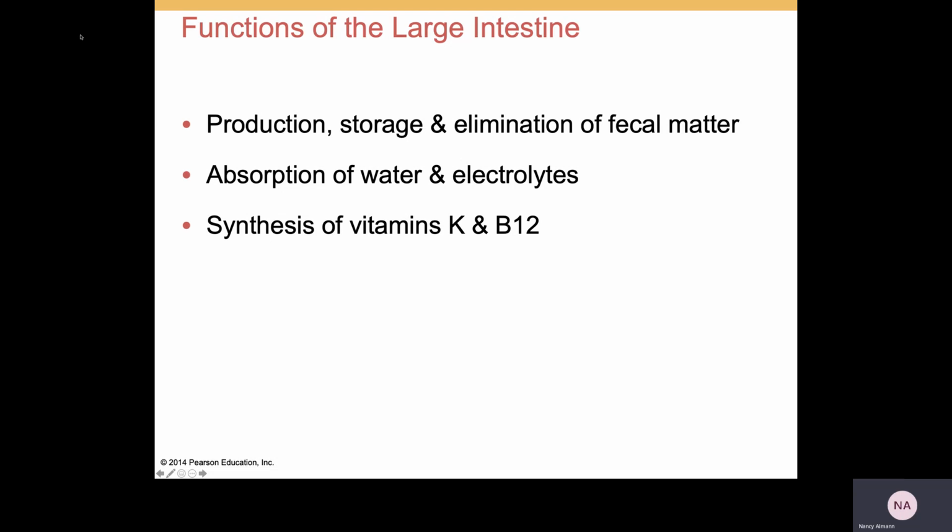In addition, you will have absorption of whatever remaining water and electrolytes is left in the chyme after it enters the large intestine. Further, the normal flora in the large intestine are going to be crucial because they will synthesize a number of vitamins, including K and B12. You will remember that you need intrinsic factor that is secreted in the stomach for absorption of B12, and B12 itself will actually be absorbed in the small intestine. So I would know that if I were you.